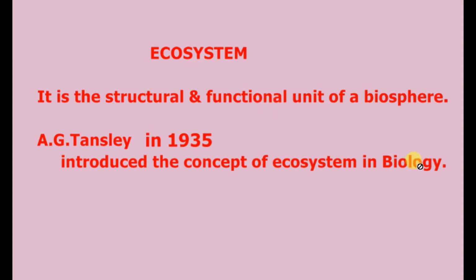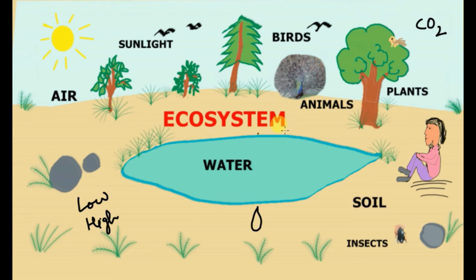And for discussion in detail, let's have a look at this picture. So this is a picture of an ecosystem. So what is shown here in this ecosystem? So many living organisms are present here. A human being is there. Then trees are there. Different kinds of trees, shrubs, herbs, grasses, different kinds of plants, maybe aquatic plants, phytoplankton or zooplankton may be there. Some other animals like fish and frogs may be there in this pond, and birds are visible here. Some birds are sitting on the tree also, and one peacock is also visible in this picture.